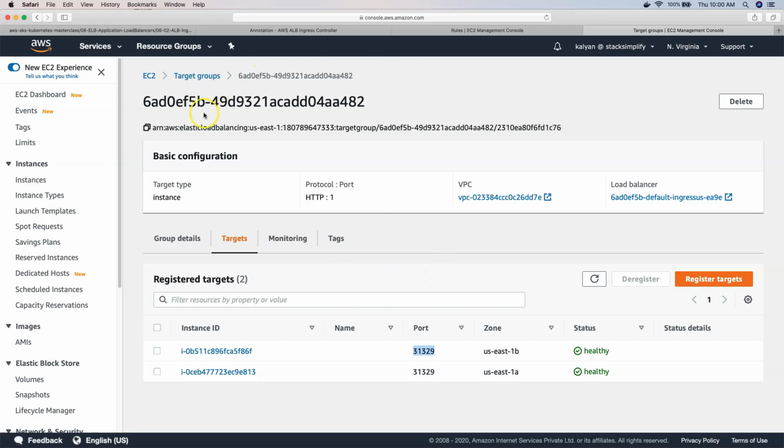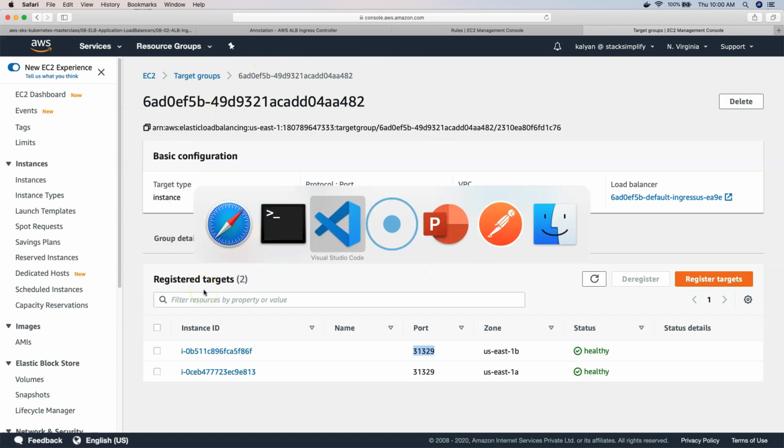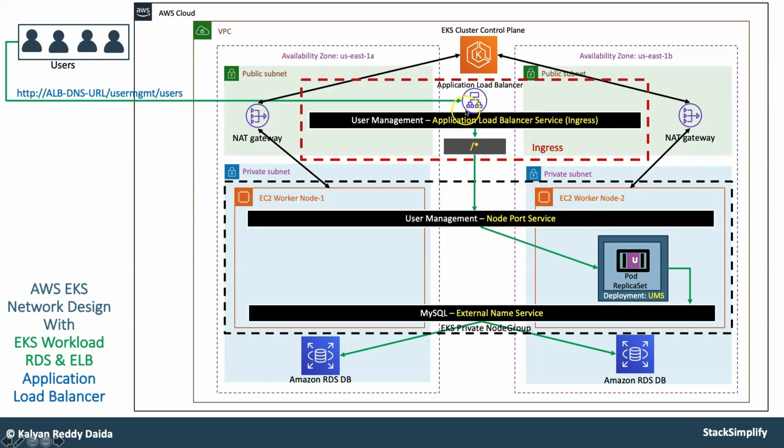So this load balancer is created in public subnet. So let's go here. So this load balancer is created in public subnet. So it is connecting to this node port service on 31239 of this worker node's port. So this worker node's node port is 31239. Via that it will come to this service, which will internally be a cluster IP service of 8095, and from here it will go to the respective pod, meaning the target port is 8095.